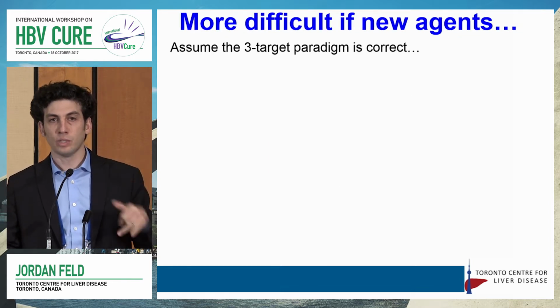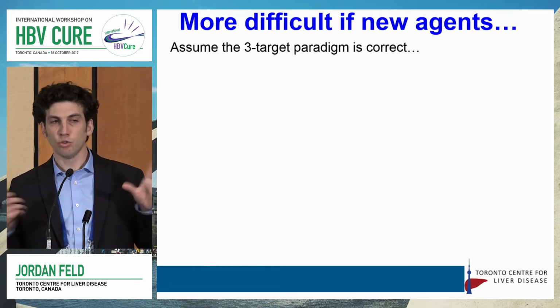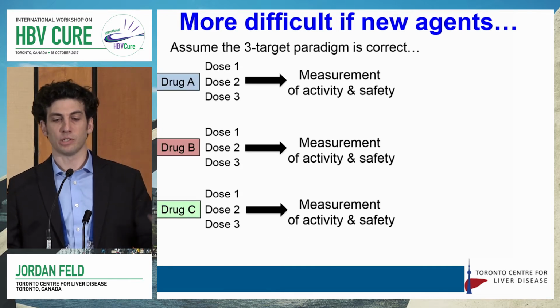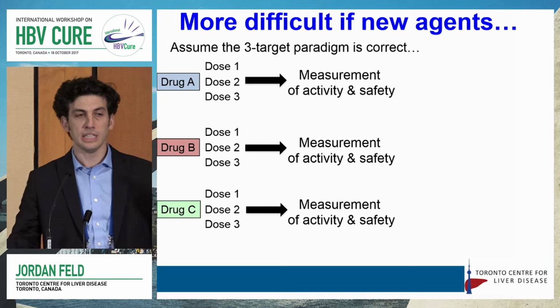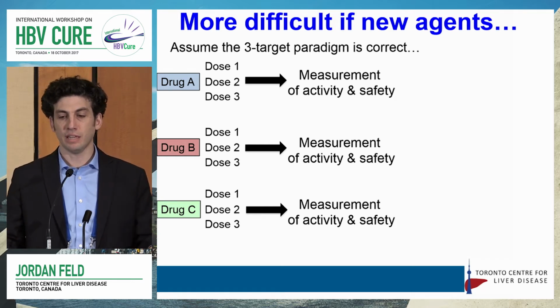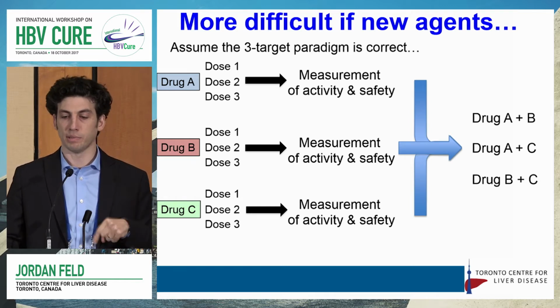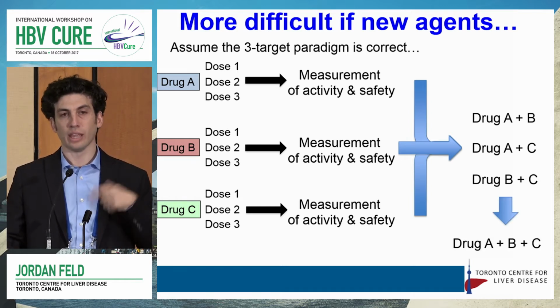But this gets much more difficult when you start to think about studying new agents. So let's just say, assuming you need a 3-target paradigm. So you've got drug A, drug B, drug C. For each of them, you have to figure out the dose. Then you've got to have some measurement of activity and safety, and then you've got to think about combining them. So you've got to do A plus B, A plus C, B plus C,